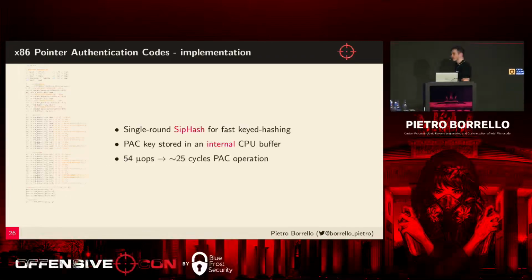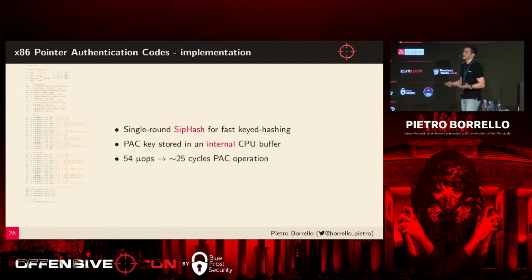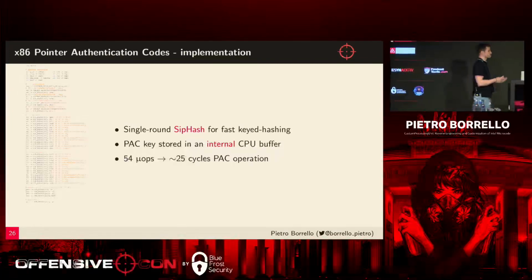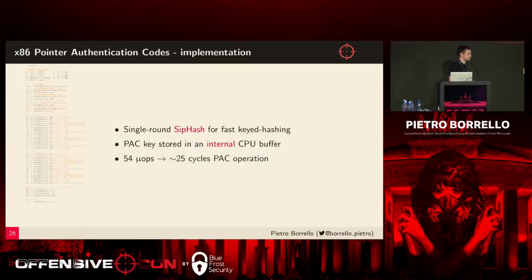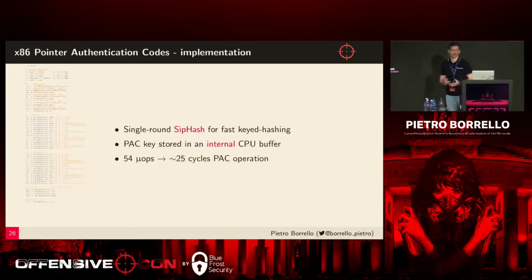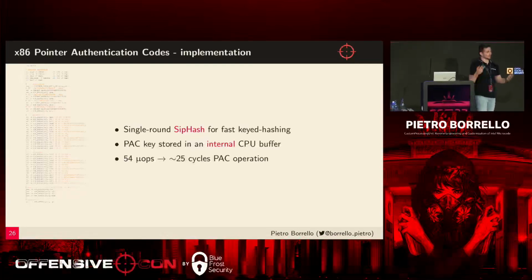But we fully implemented PAC with a single round of QARMA, which is a very fast keyed hash algorithm, where we store the secret keys in the internal buffers of the CPU, so that architecturally you're not allowed to access them, and only the PAC instructions can access them. And we implemented PAC so that in about 50 micro-operations, in about 20 cycles, you are able to sign and authenticate pointers. That is a feature that was supposed to be in the ARM architecture world, but now is in